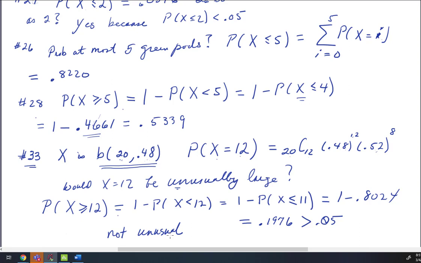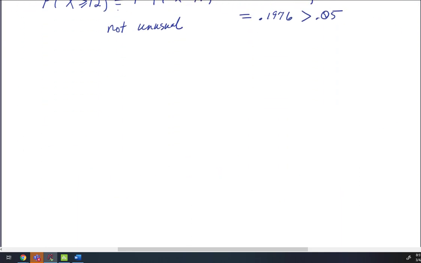Now this has already got a little bit longer than I'd intended, but the next problem I think is just interesting. I've liked this problem since the first time I read it. So we're going to work problem 38 out of this section, and then we'll quit. And problem 38 says that in the airline industry, sometimes people buy tickets, but they don't show up. So the probability of a no-show